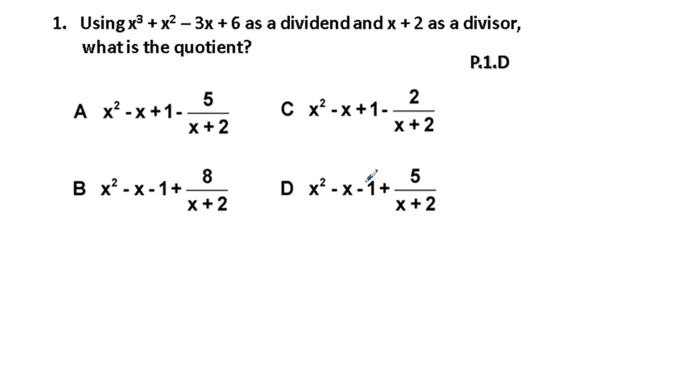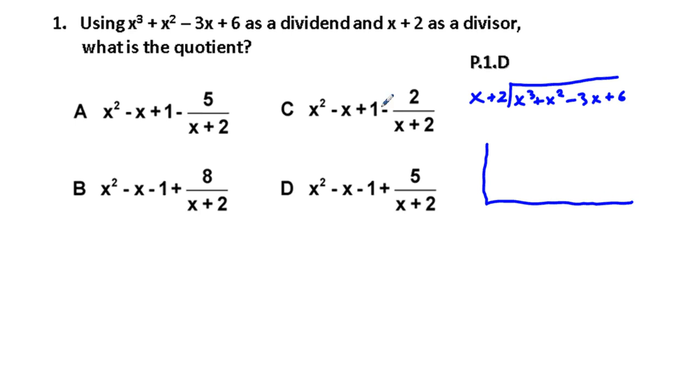All these remainders are different, so we could actually use the remainder theorem. If we put in -2 for x, we would get one of these answers: -5, -2, 8, 2. Another thing you can do is polynomial long division, which is x cubed plus x squared minus 3x plus 6, divided by x plus 2. We could get one of the answers that way, but what we're going to do instead is something easier we've taught,